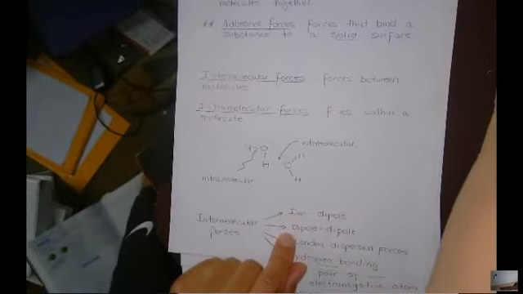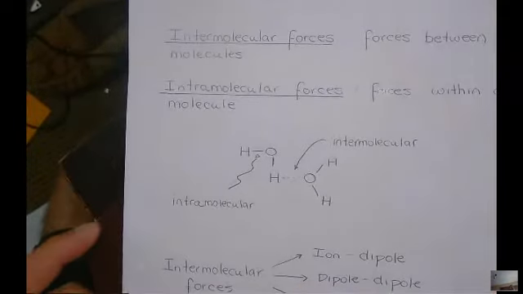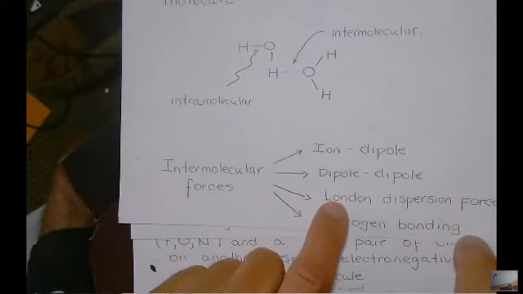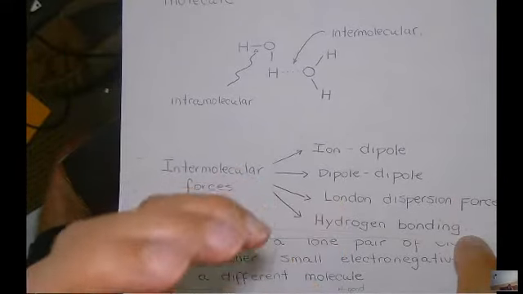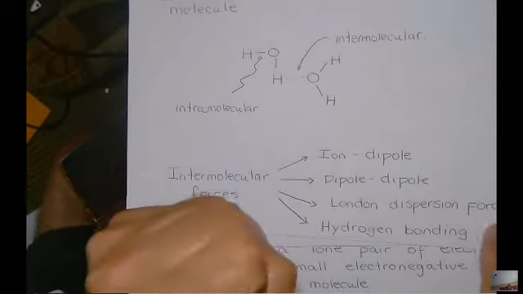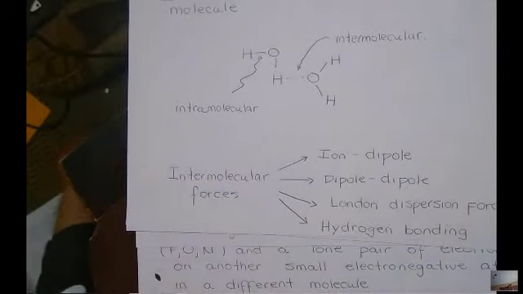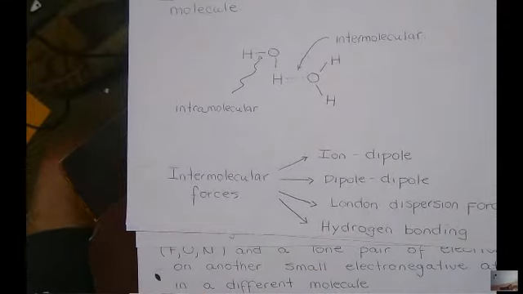Ion dipole was easy to show. Dipole was easy to show you a picture of. Hydrogen bonds are going to be easy for me to show you a picture of. It's just these London dispersion forces, because you have nonpolar atoms or molecules, and all that's happening is there's a slight shift in the electron density that makes, for an instant, one side more positive than the other side, and